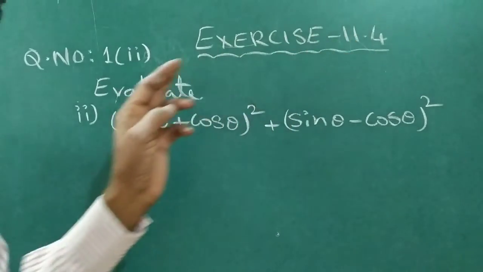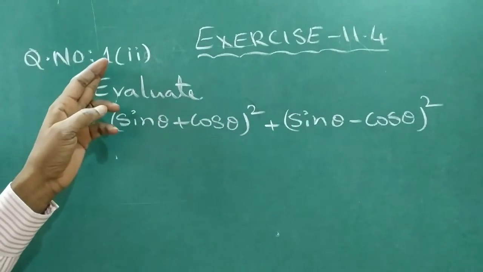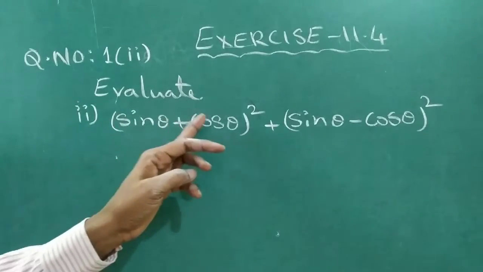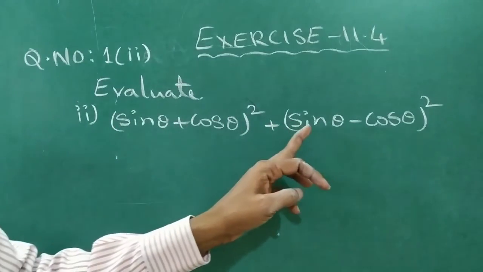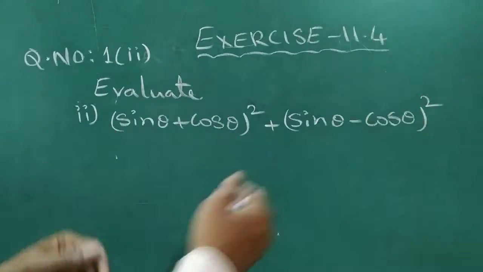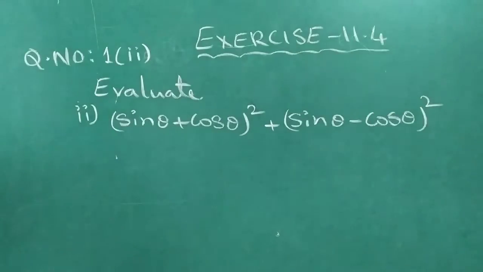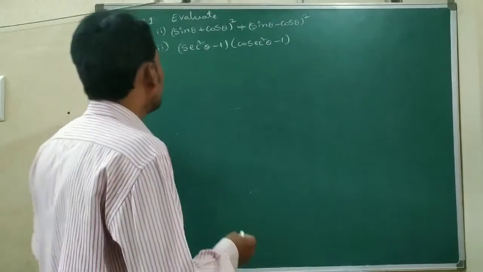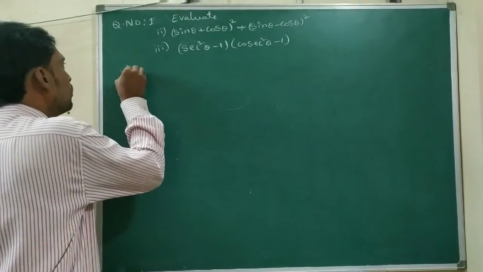Exercise 11.4, problem number 2. Evaluate sin theta plus cos theta whole square plus sin theta minus cos theta whole square. So for this problem we can find the value. Let us see the solution. So, second problem solution,